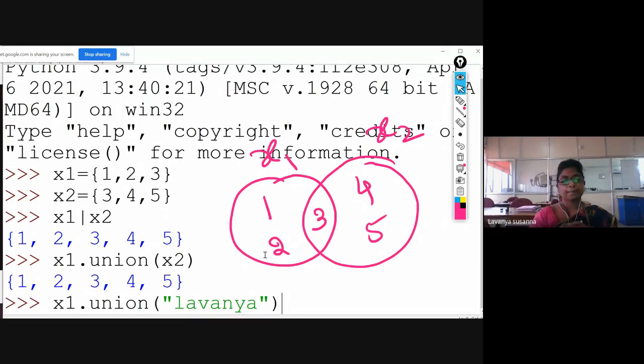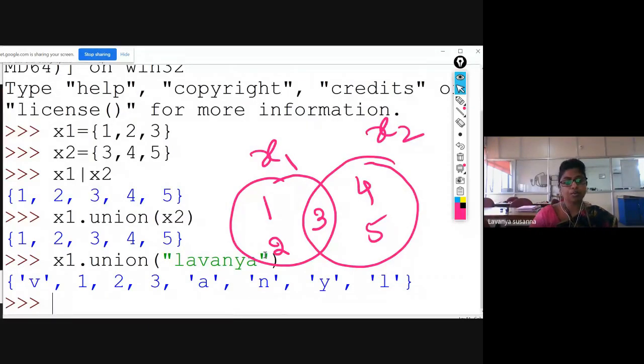In operator you cannot pass any other except set. You cannot pass any other objects, but in union you can pass immutable objects. This union will convert whatever you have passed into set. Okay, let us see here. See the output you got. You got all the elements, right?